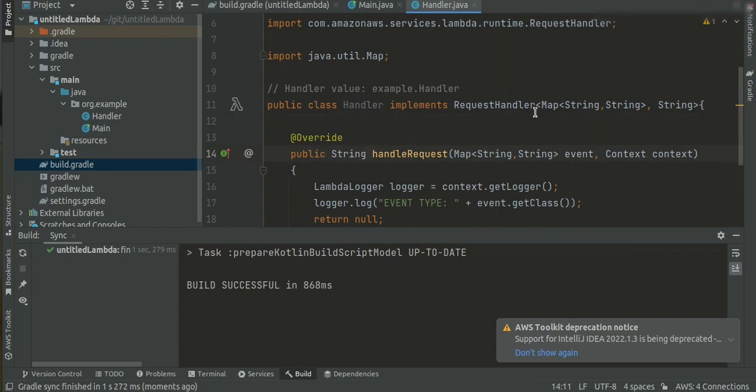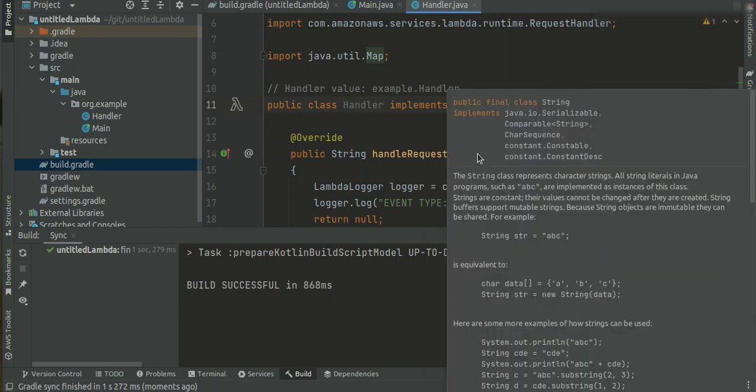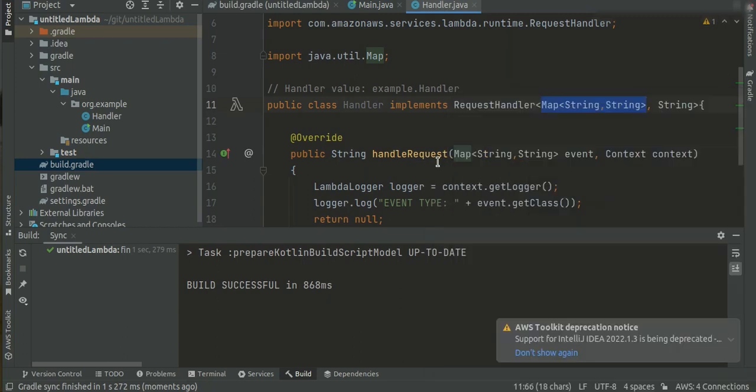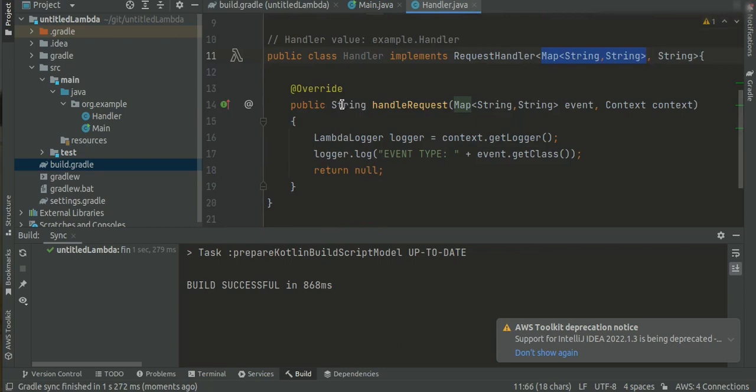The input could be object for simplicity, and I'm going to leave map as is, because the default test payload is represented as a map, keys and values, a JSON document. So the return value should be a simple JSON document, a JSON string,